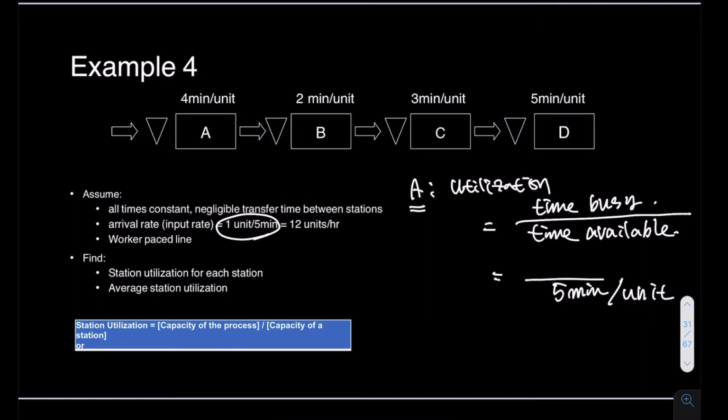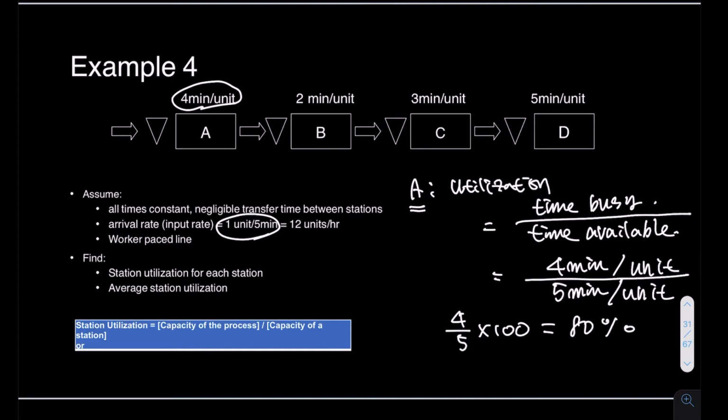But out of 5 minutes, only the cycle time, 4 minutes, is used for actual work. That is utilization. So for station A, what is the utilization? It is 4 over 5, and if you multiply this by 100, you will get 80% utilization for